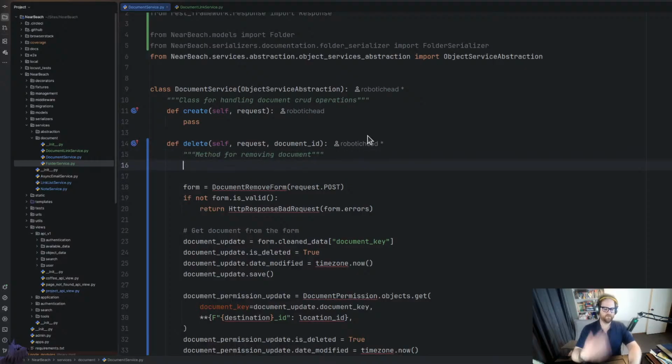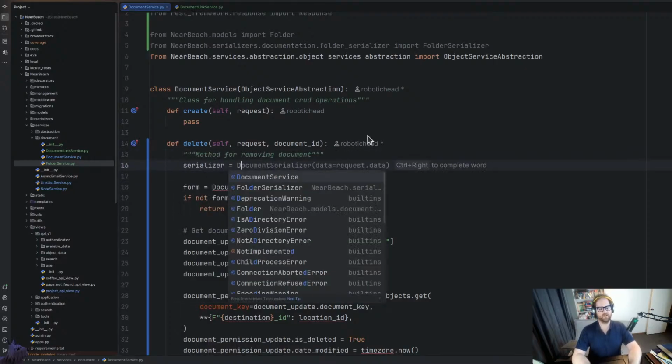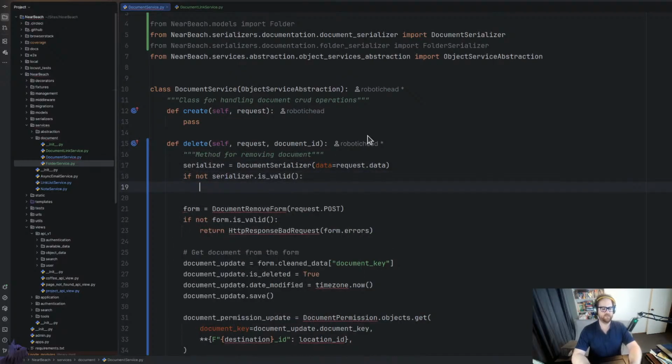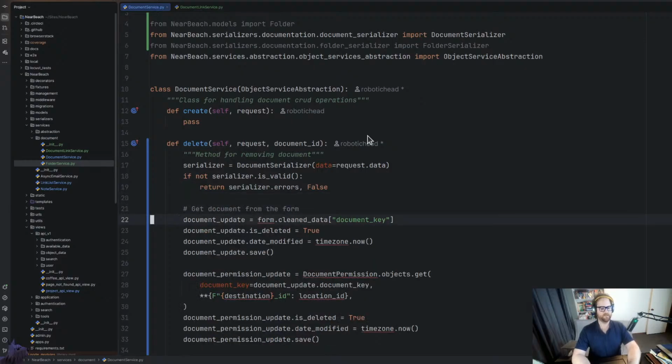So instead of using the forms, once again, serializer equals document serializer. We go through there. If not serializer is valid, return serializer.errors and false is done. So that gets rid of these four lines. So document update equals. We don't have